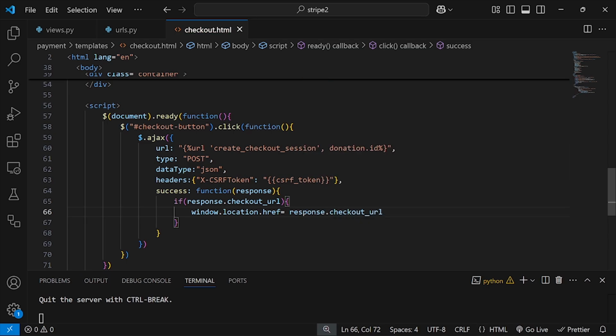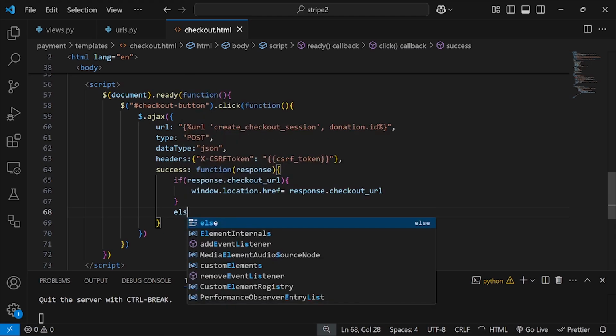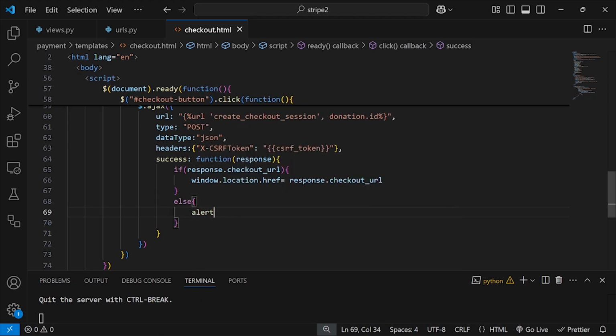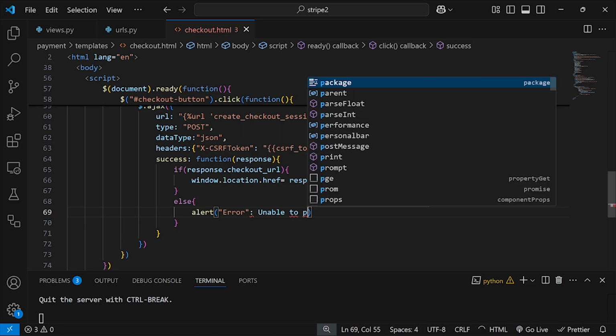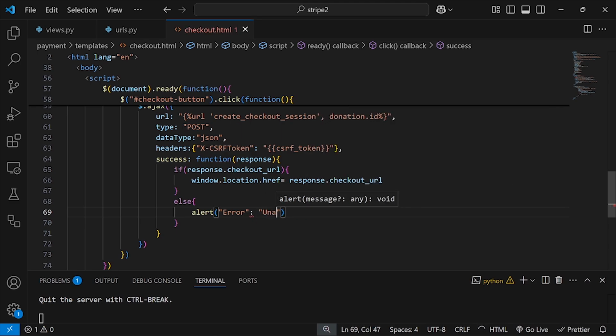dot checkout URL. But else you should give an alert, something like: error, unable to proceed to payment. Sorry, everything like this should be one string. So we are leaving an alert, a message like this. This is the message that's supposed to be here. So after that,